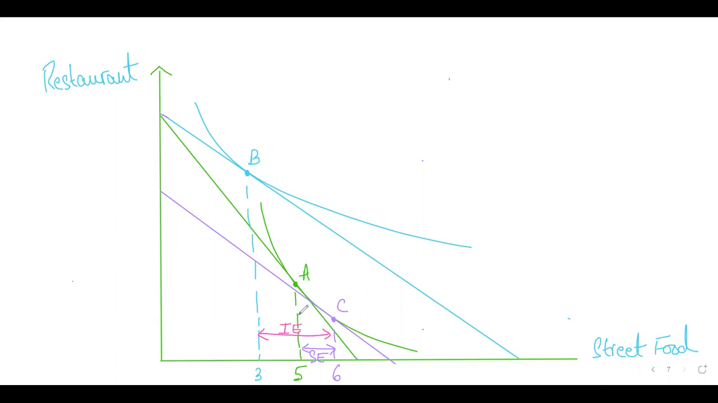and overall your consumption has decreased from 6 times consumption of street food per week to only 3 times per week, because now you have more income, you can afford to go to a restaurant. That's the thing. Whereas in the case of